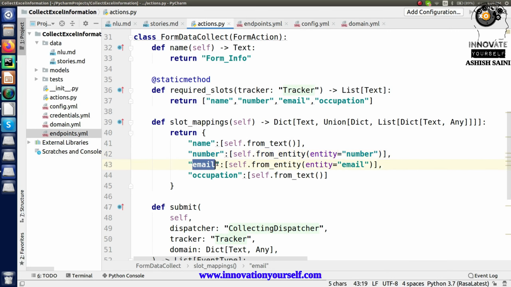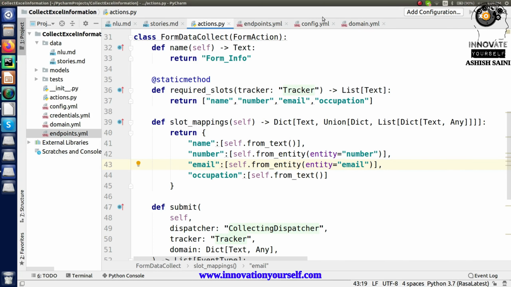Similarly, it will do it for email as well, because Duckling can handle the email part as well, right? There are other dimensions which Duckling can handle, for example time, date, temperature, money, and distance. So for all of them, it can separately make an entity, and you can directly use that entity after the extraction part, and you can further use it to store it or to directly do some task, right? So this is how we can do it.